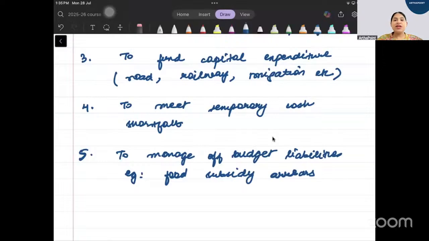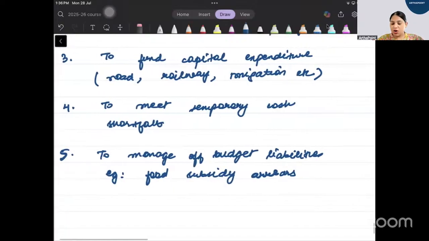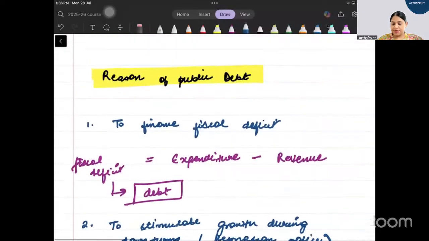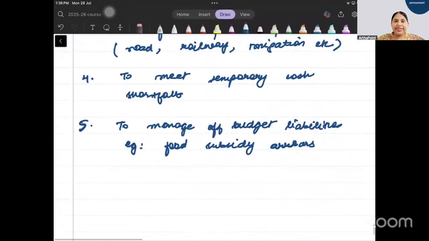So it keeps fiscal deficit under FRBM limits even when my liabilities are increasing, right? But it's a wrong thing also. It is distorting the true picture of fiscal health, right? But this is what is done, right? Okay. So this is about the reasons for public debt, why the government may